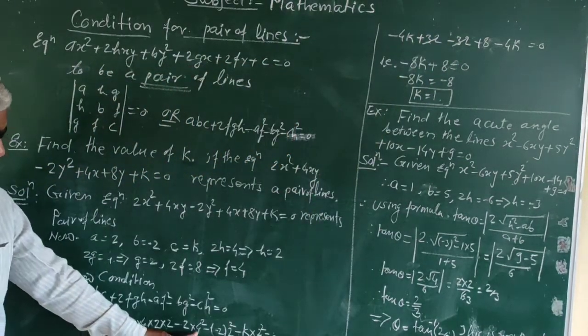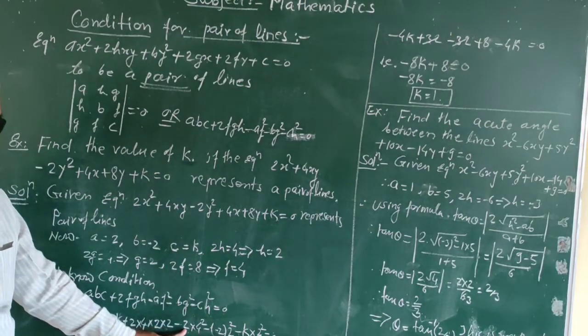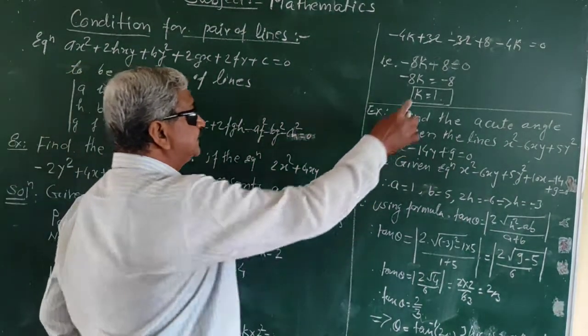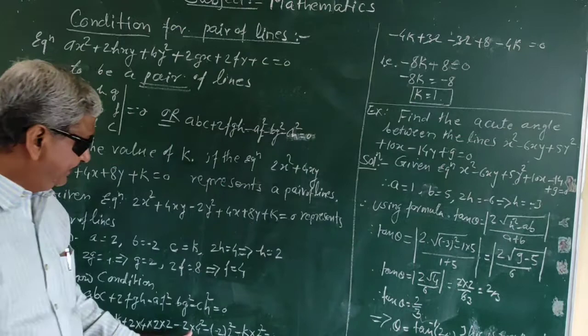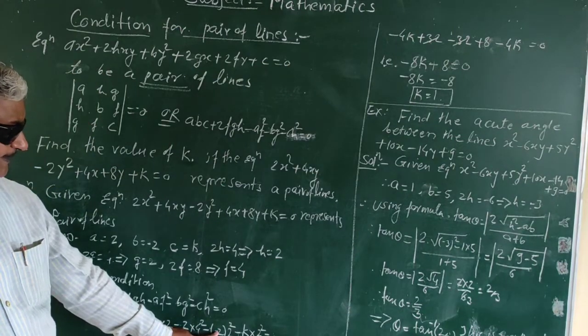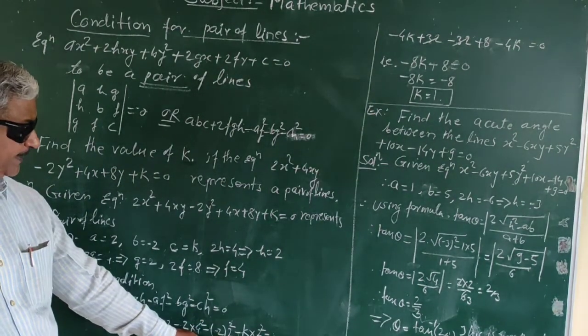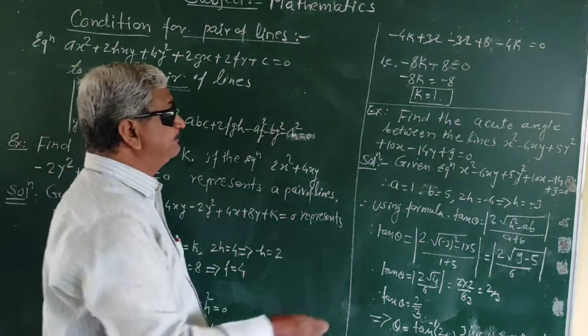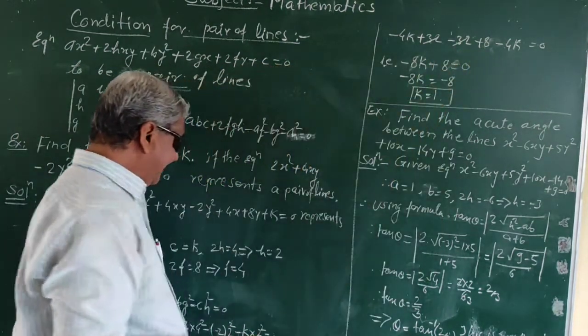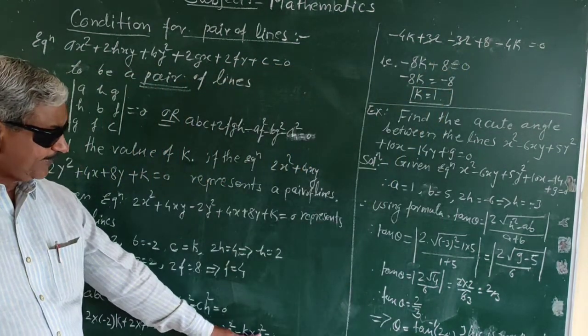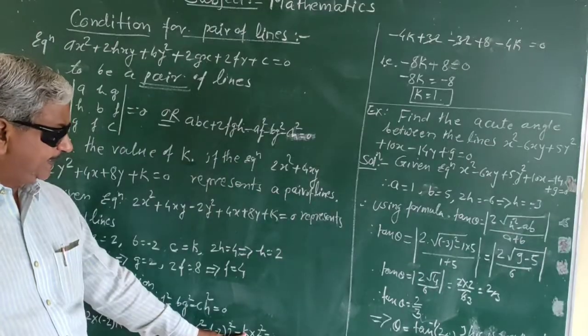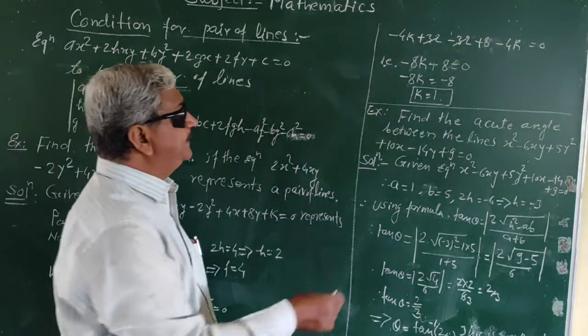Then we simplify this. 4 square is 16. 16 into 2 minus 32. Minus 32 is there. Then here minus into minus plus 2 and 2 square is 4, that is 4 into 2 is 8, that is plus 8 is here. And in the last 2 square is 4, 4 into k is 4, and that is minus 4k.